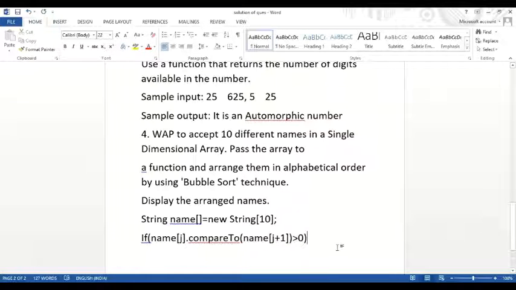Will you be able to do these two questions by yourself? Those who are coming to school, take it as homework. You will be doing the practicals in front of me. Those who are not coming to school can do it at home. There is no problem. And if you have any problems, you can give a message in the group and I will show you the output and the program. I hope this thing is clear to all of you. I'll be doing the same practicals with you in the school as well as home. So you will not lose anything if you don't come to school, don't worry.